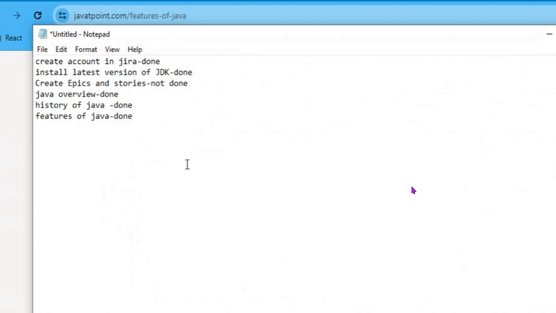Back to your task list. We have covered this. Now, for create account on Jira, you'll have activities. You have to create the epics and stories, right? What you have to do is, based on every topic which you have in that tutorial, you have to create one epic. Do you know how to create any epic? No, sir, I don't know. So write down a task: watch the video and learn how to create epics and stories.